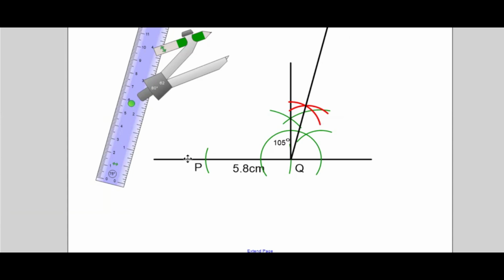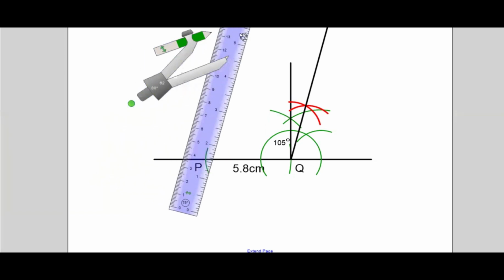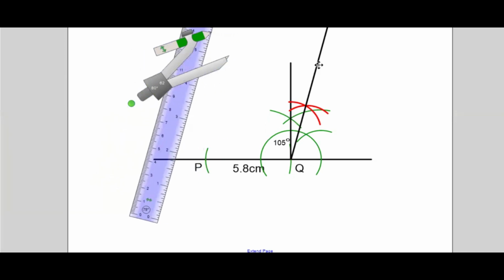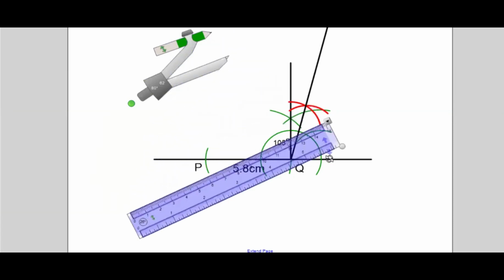Now, the next thing for us to do is to come back and say PS is 8.5 and PR is 8.1. Of course, we don't know point S yet. But PR is given to be 8.1, so we can get PR. R is along this line, so we don't know exactly where, but the gap between P and wherever R will be is 8.1. So that implies we need to